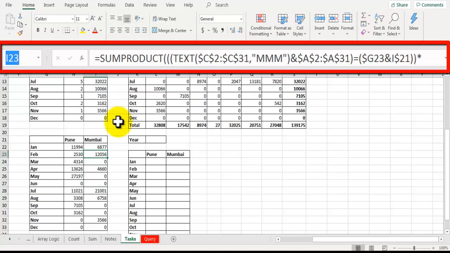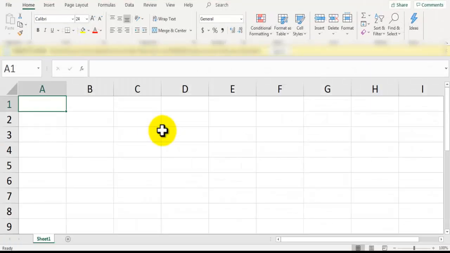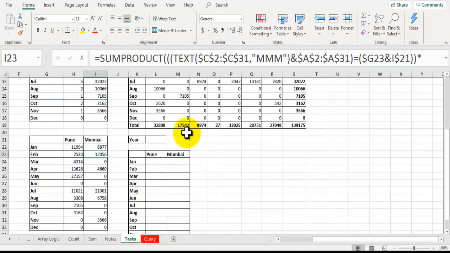Now there is one more thing that you need to take care of: once you are done with your formula presentation, you need to reset this default font size, because the next time you create a new file, let's type Ctrl N to open a new workbook, and you can see the default font size is applied to cells as well. That's why we need to make sure that once we are done with the formula presentation, we set the default font size to the previous font size.